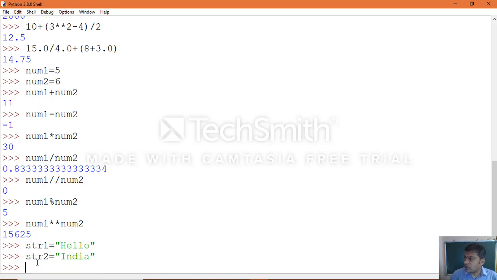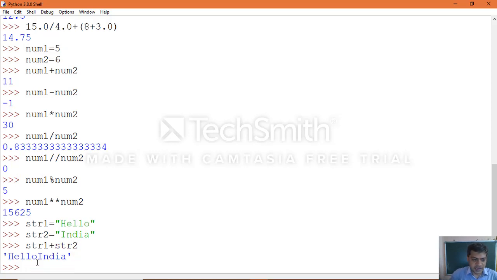Now if you want to do the concatenation, execute string 1 plus string 2, and you will see the output clearly, which concatenates the two strings. The second string is added to the end of the first string. So adding two strings here is nothing but concatenation, joining two individual strings into a single string.